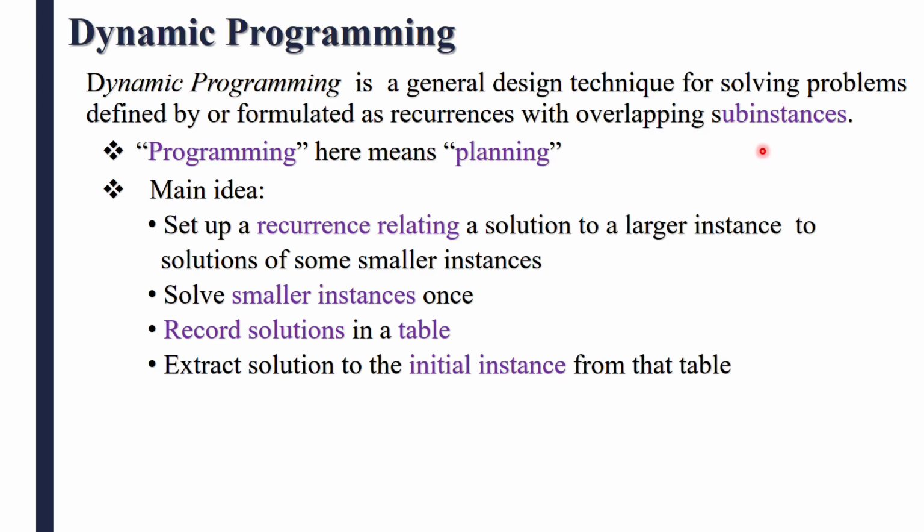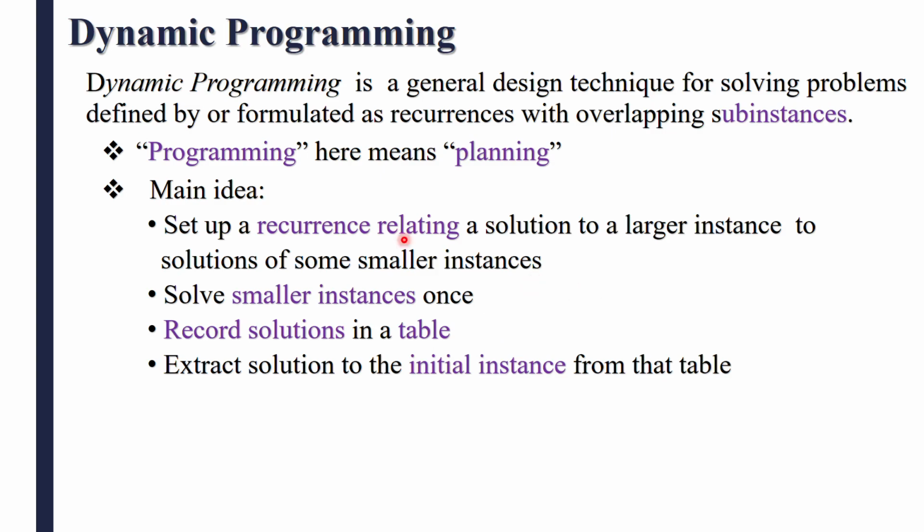What is the meaning of this? For example, you take your problem as a larger instance and set up a recurrence relation in such a way that the solution you get after an iteration must be a smaller instance. On every iteration, the smaller instances you get will be recorded in a table. This table is then used as a reference to get the solution in the next iteration.